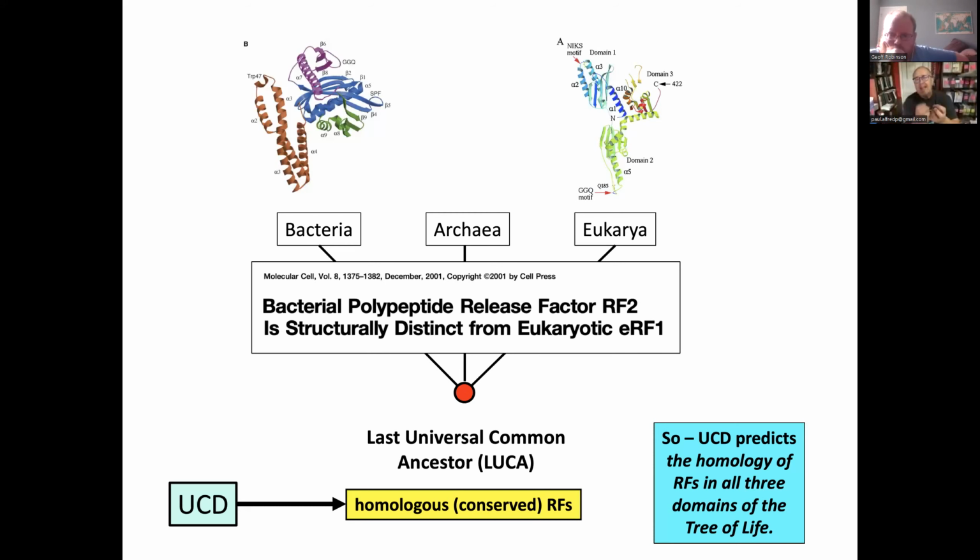But when you look at the actor itself, it's not the same. So the question is, if that ribosome and all the parts involved in the ribosome were present in the last universal common ancestor, how did this fundamental difference arise, as you're diverging out from the last universal common ancestor into the three domains? Right. So using a computer analogy, this would be like the core kernel of the operating system, or a car analogy, this is the engine. It's not like you're changing a doorknob on a car.